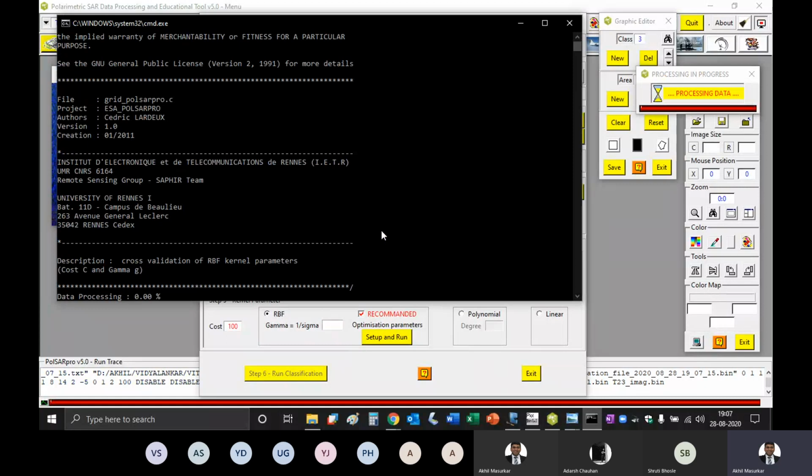So this window will open. It calculates the cost function C. You can see this data processing in the tab.